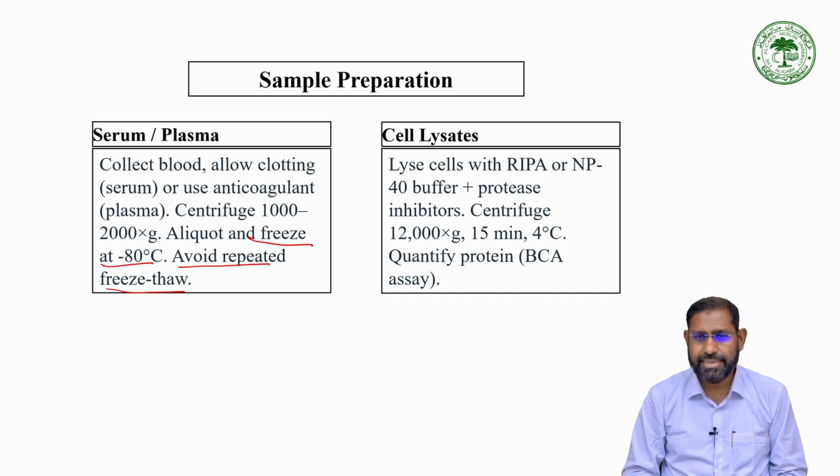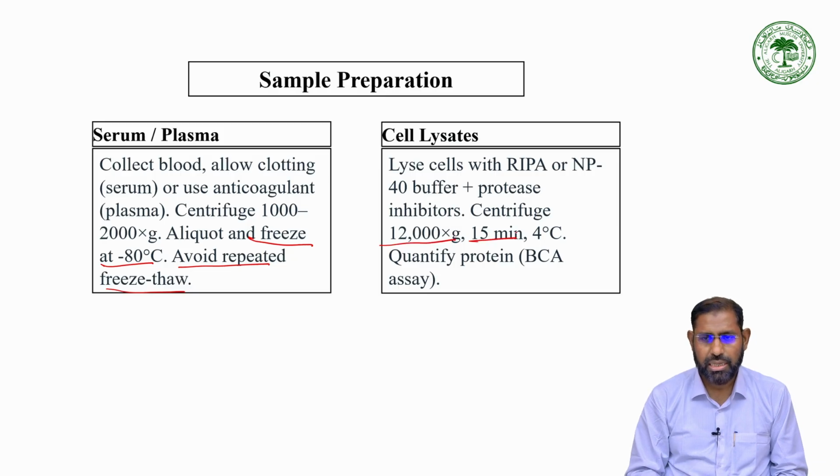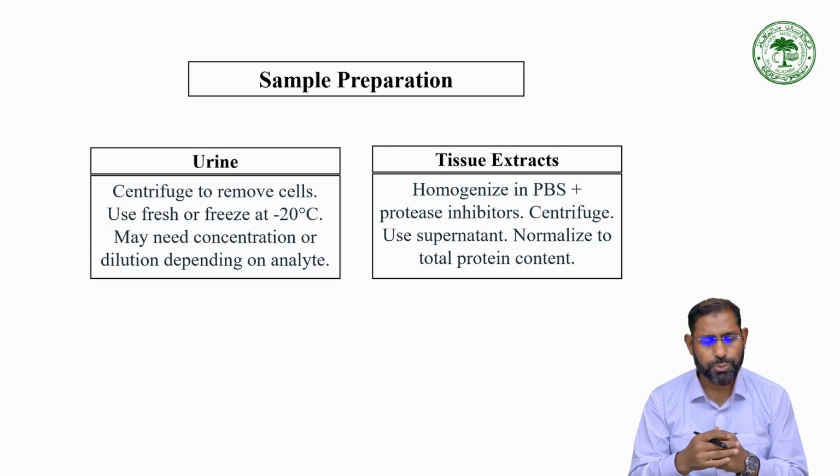Then for the cell lysate, we add RIPA or NP buffer and then protease inhibitor. Then we centrifuge the samples at 12,000 G for 15 minutes at 4 degrees and quantify the protein with BCA assay. We can also take samples from urine,